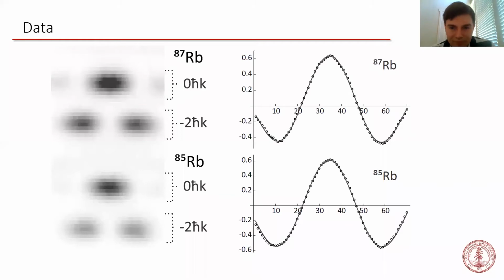So as I was saying, these are the asymmetries for each of the two interferometers, and they're constructed by taking, pixel by pixel, the difference between these two ports divided by the sum of the two. Here it is as a function of horizontal pixel number. The phase of each interferometer is obtained by fitting a sinusoidal function to the asymmetry, shown here as the solid curves.